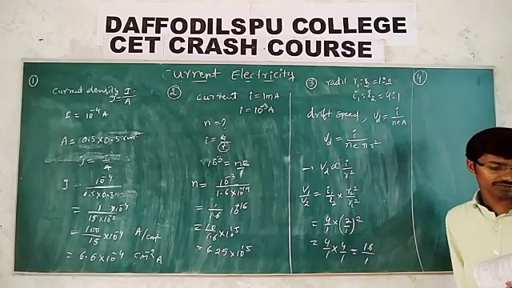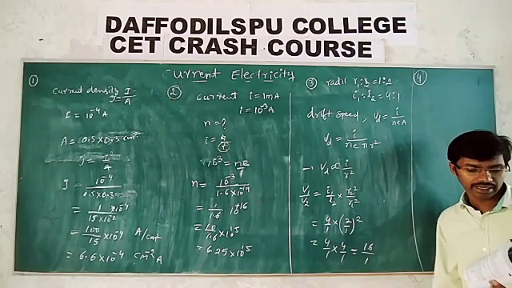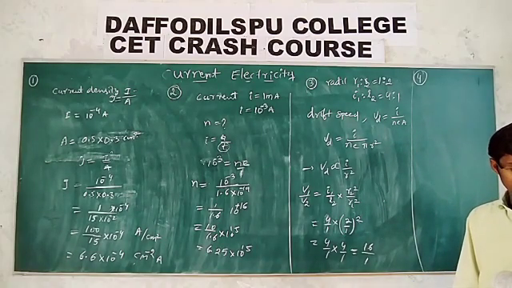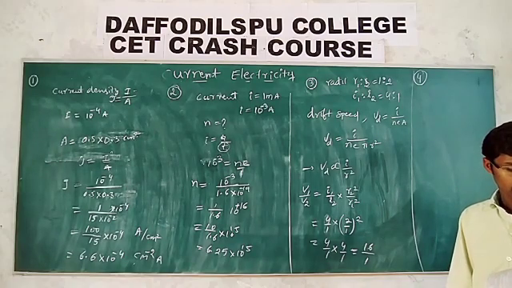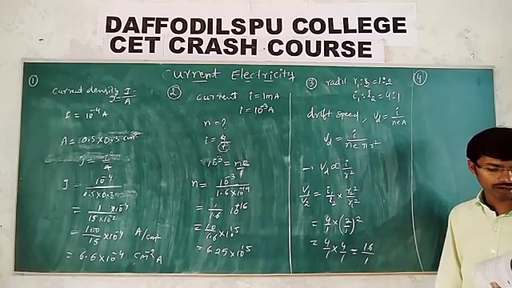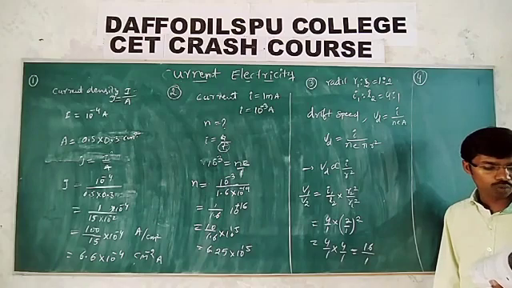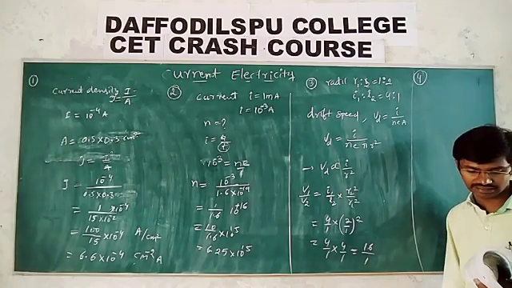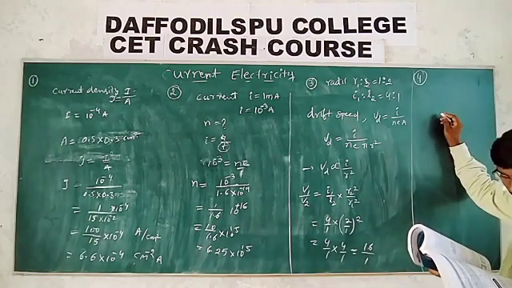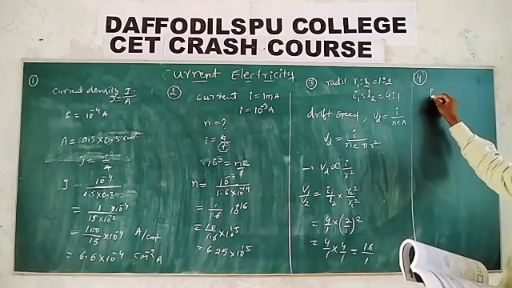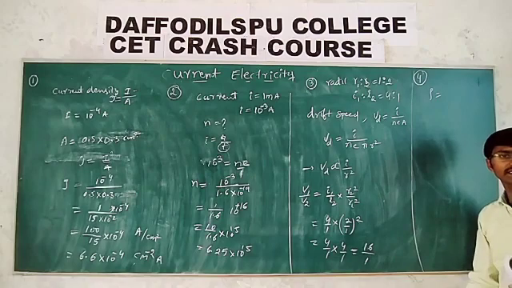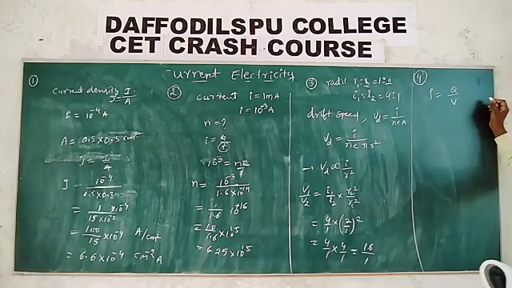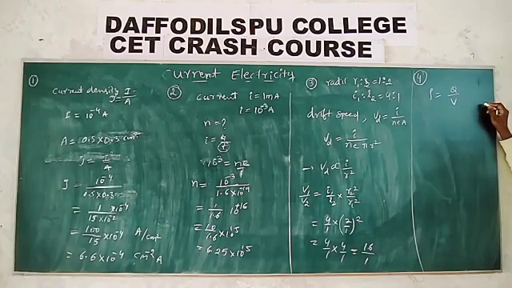A copper rod of cross sectional area A carries a uniform current I through it. At temperature theta, if the volume charge density of the rod is rho, how long will the charges take to travel a distance d? What do you mean by the volume charge density? Volume charge density is nothing but charge per unit volume.